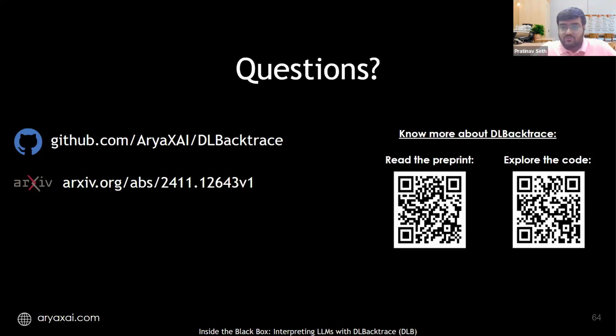Are there any architecture limitations where DL-Backtrace won't work? For example, does it require monotonic or smooth activations? No, okay. So with DLBacktrace, that's not an issue. If you have seen the open source version, if you are, let's say, using a custom activation function, you can use any sort of activation function. The only thing is you have to just define it correctly. So that's not a problem.